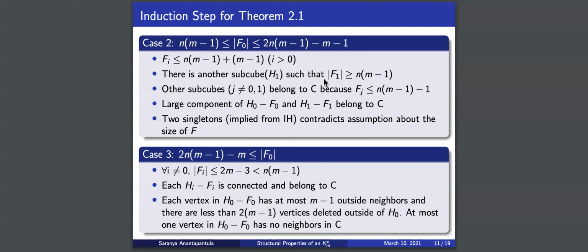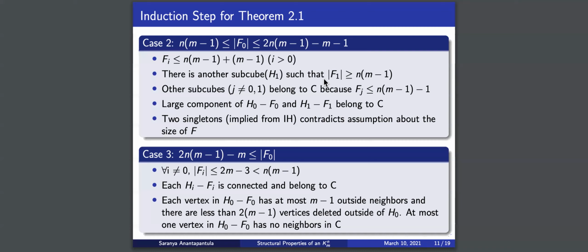The rest of the subcubes follow case 1 and belong to C. So if we use the induction hypothesis, H0 minus f of 0 and H1 minus f of 1 each have either a connected graph or at most one singleton separated from C. The large components of these subgraphs are part of C because we delete fewer vertices than the number of independent edges between two subcubes. Thus, the induction hypothesis implies that there are at most 2 singletons, which isn't possible